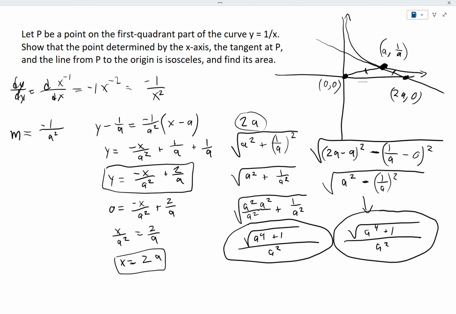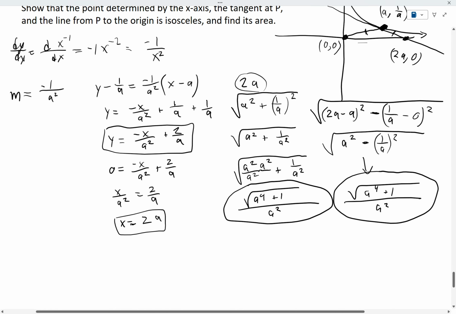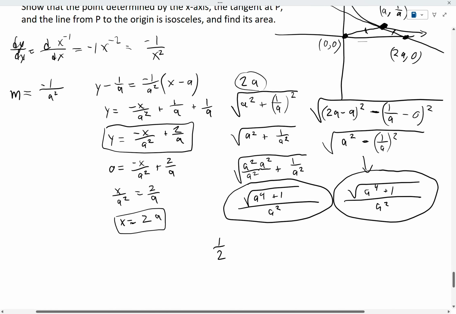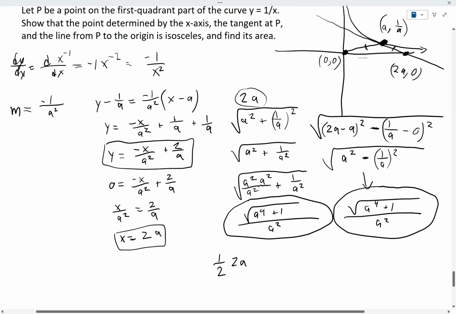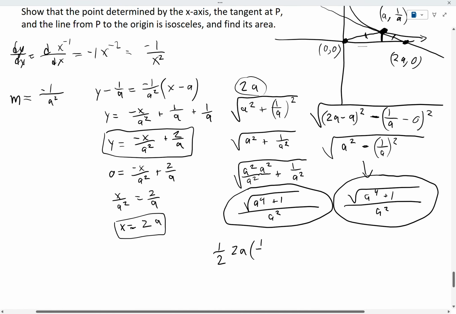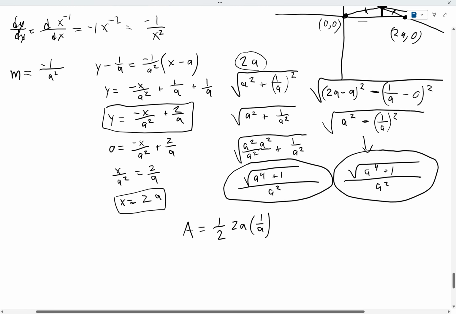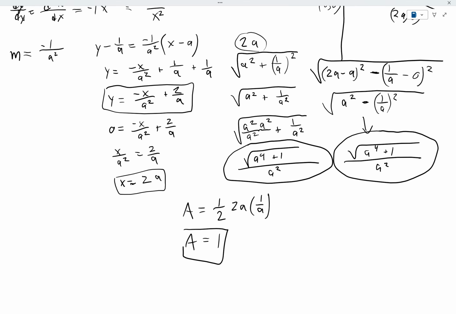Now how do we find its area? Well, that's easy. The area for any triangle is just 1/2 base times height. So we just set this up as 1/2. What's the base? That's going to be 2a. And what's the height? That's just going to be 1 over a. That's this distance right here. I'll say that this is my area, capital A. So now I just do some simplification here. 1/2 cancels with 2, a cancels with 1 over a, and I'm just left with 1,